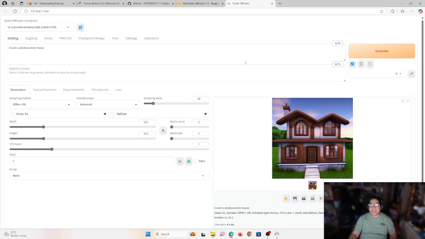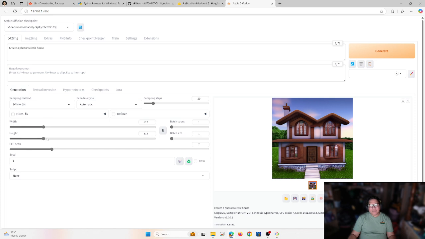So as you can see, it's not really that good. It's because of the model that we're actually using, right? So if you want to use Stable Diffusion, I would suggest you look out for specific models that you want to use, for the specific images that you want to generate.